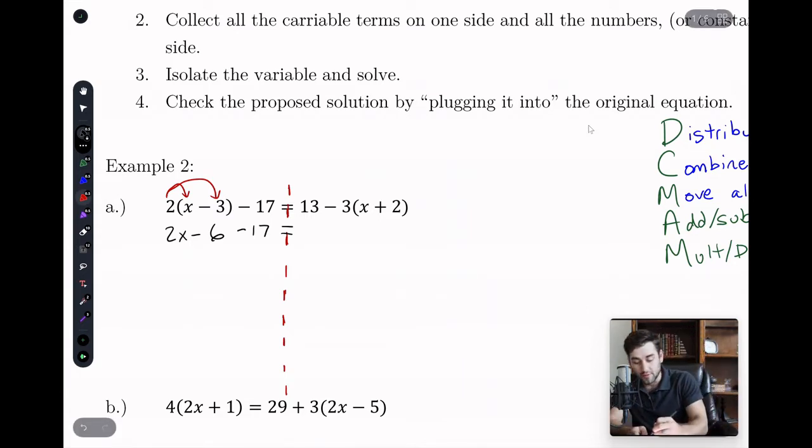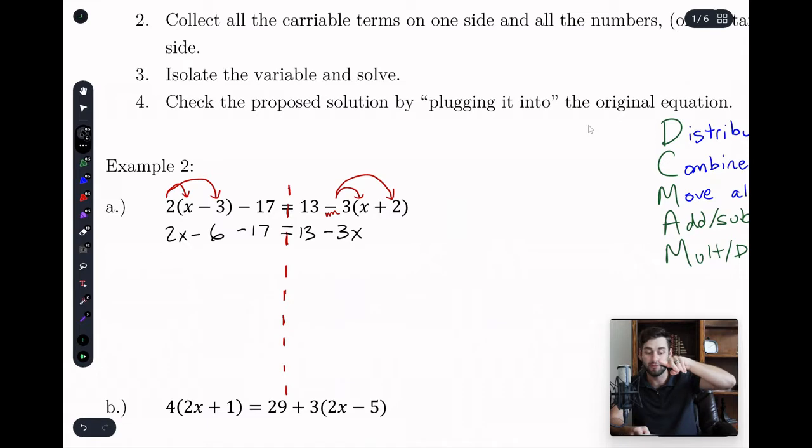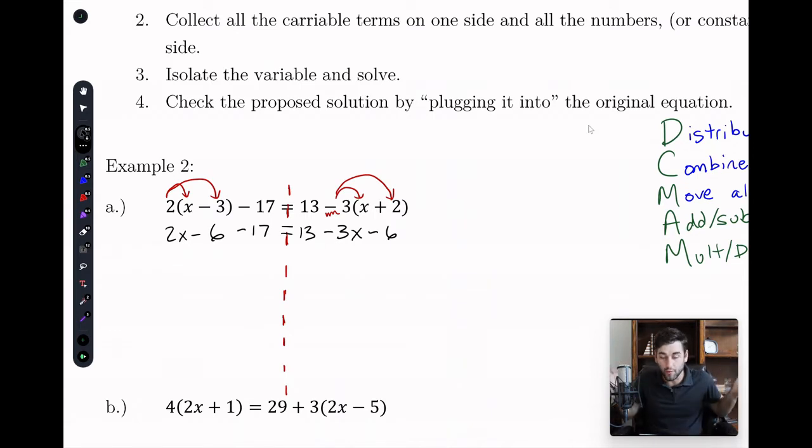All right, then we got to distribute again. Take that. Ooh, here's a good example. I'm glad this is here. We're going to take the sign with it. That's a whole negative sign we're bringing over there. We're bringing the sign. I'm going to underline it so you can see that, so you know where I'm getting it from. And we're left with 13. Negative 3 times x is negative 3x. And negative 3 times 2 is negative 6. Cool. All right, that's the distribute. No more parentheses. You can't distribute.